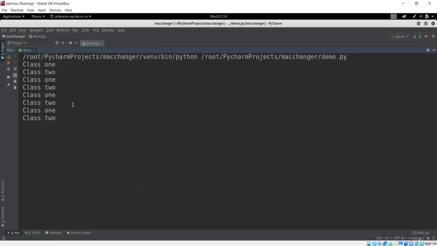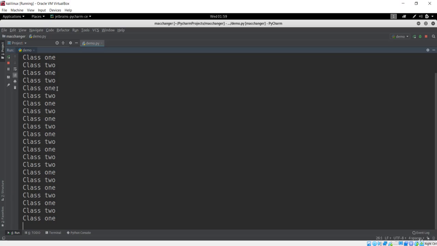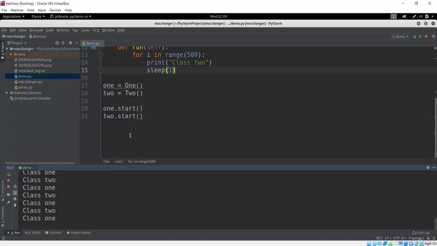Okay, so you could see now that the two threads are running together. You can clearly see class 1, class 2, class 1, class 2, because every time we run that class or thread, they are running simultaneously. So this is your threading technique. What we did was make multiple threads in order to run the processes more quickly than before.